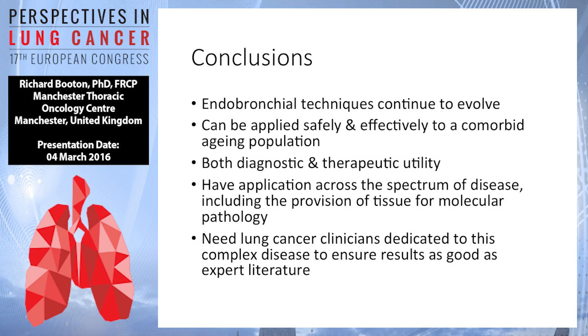In terms of the conclusions, well, as I say, I think the endobronchial therapies are very useful. They will continue to evolve, and there are some very interesting things at the major respiratory conferences with a new Archimedes system, which will be very challenging, and I'm sure will put my blood pressure up. They're very safe, they're very effective, and they do accommodate the aging comorbid population very well. We can apply it very broadly across the agenda, and I would really encourage all respiratory physicians who have an